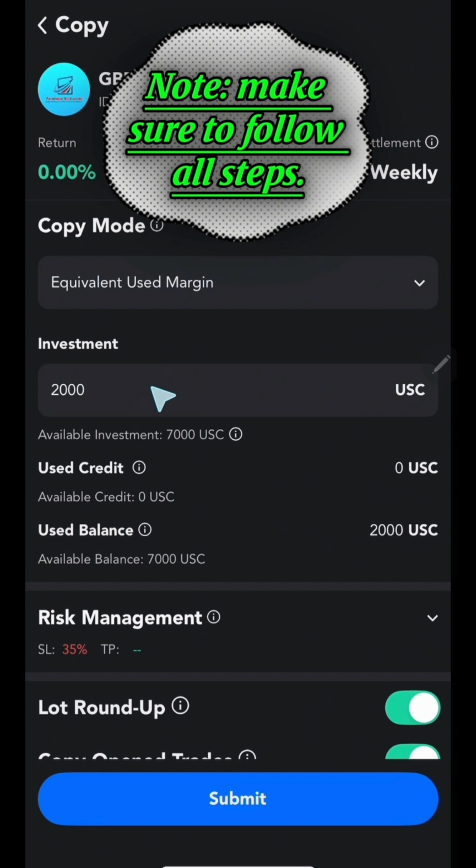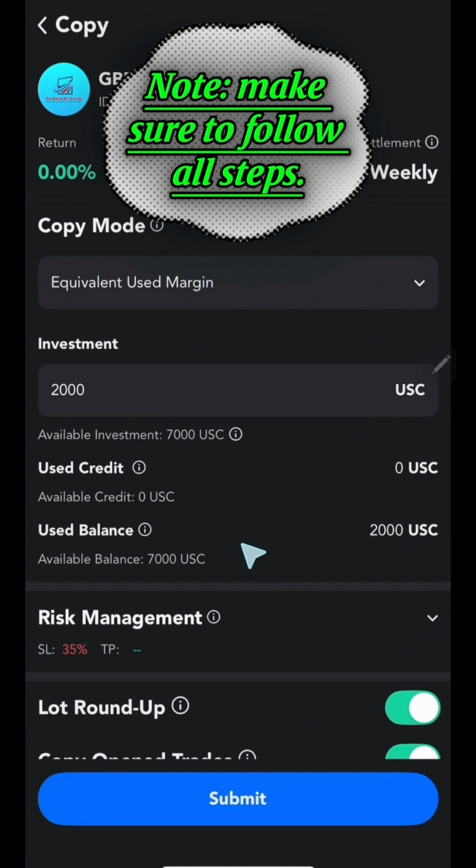So it doesn't matter if you made a deposit of $100 in that specific account, but out of 100 you want to invest only $20, you can type 20 here. So whatever amount you want to invest, let's say $20, you have to type 2000 because it's a cent account. So 20 multiplied by 100 equals 2000. Okay,